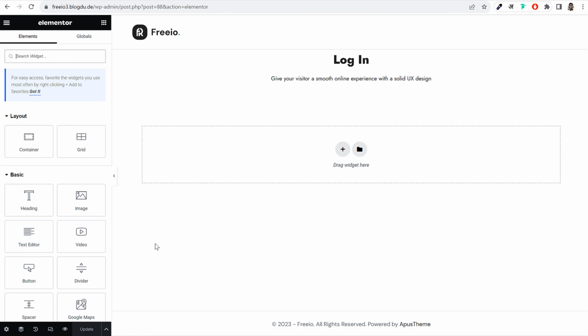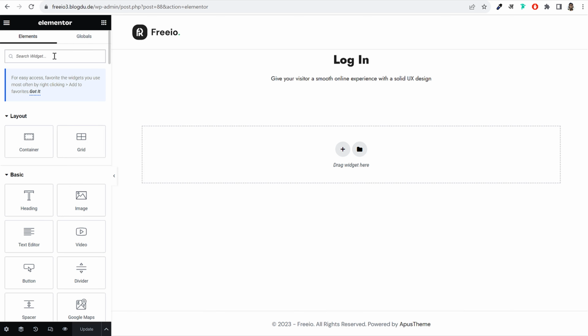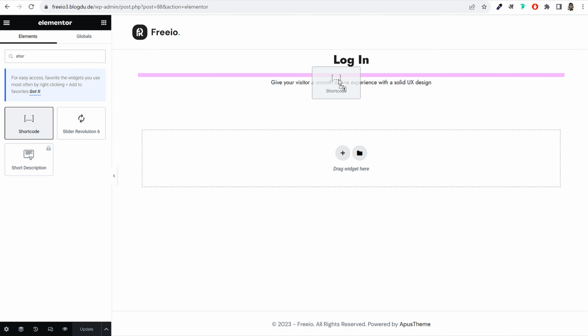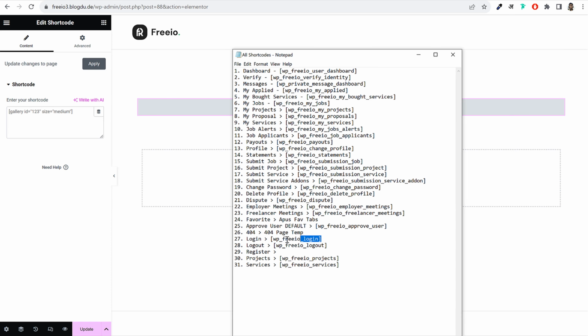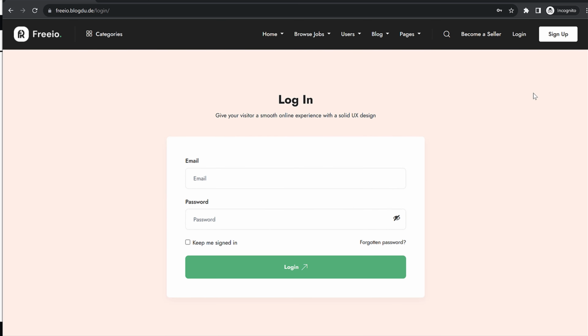And finally at the bottom we need this sign up form. For that we can do one thing. Search for shortcode element. If you just search for shortcode, drag and drop this at the bottom. Now again come back to this page and copy this shortcode. Copy this shortcode and paste it under this. Click on update. And finally at the bottom you can see in the background we have this light pink color